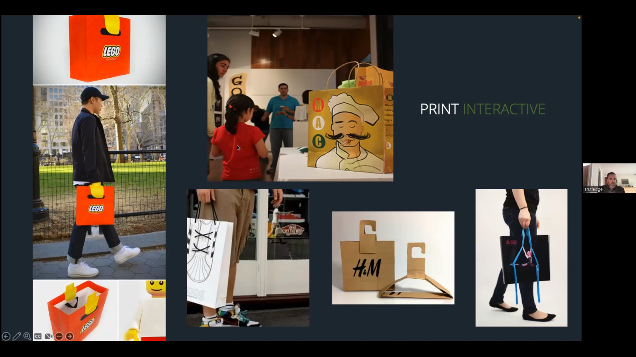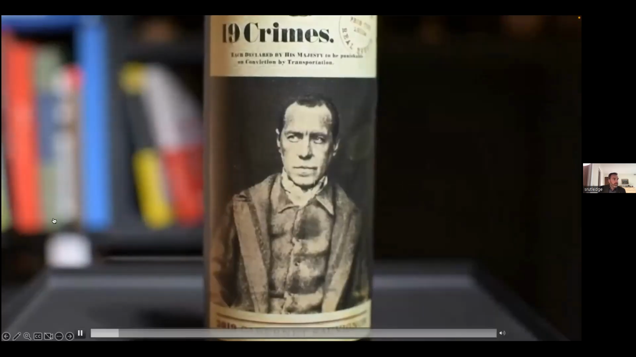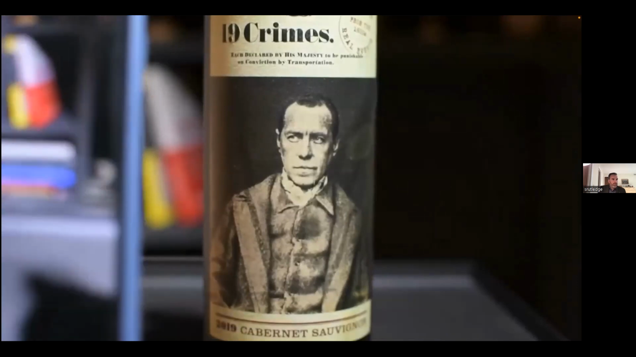Moving on, this kind of crosses the digital platform, but 99 Crimes Wine. This is going to be an example that I show you that I think is not good, but still interesting. I think it's one of those big asks. You need someone to download a specific app to do it, and it doesn't really add to anything, but it's still kind of cool. So the bottle of 99 Crimes Wine, if you hover your phone on it with a specific app you have to download,